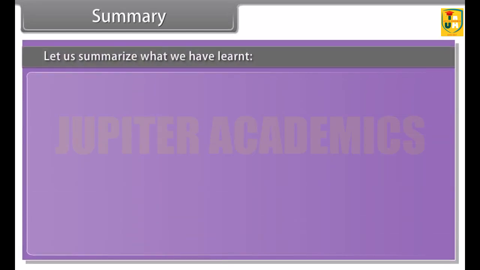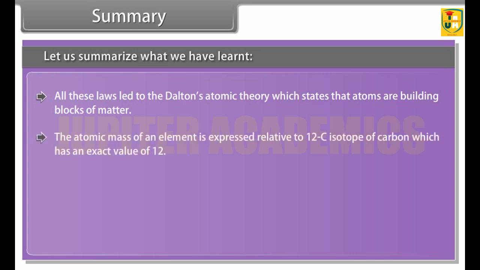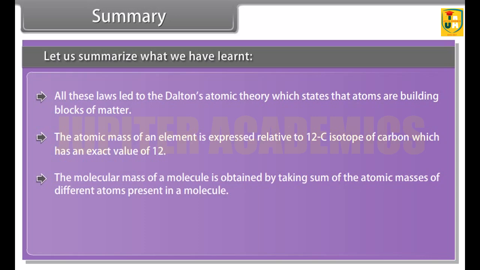Summary. Let us summarize what we have learned. All these laws led to the Dalton's atomic theory, which states that atoms are building blocks of matter. The atomic mass of an element is expressed relative to 12C isotope of carbon, which has an exact value of 12. The molecular mass of a molecule is obtained by taking sum of the atomic masses of different atoms